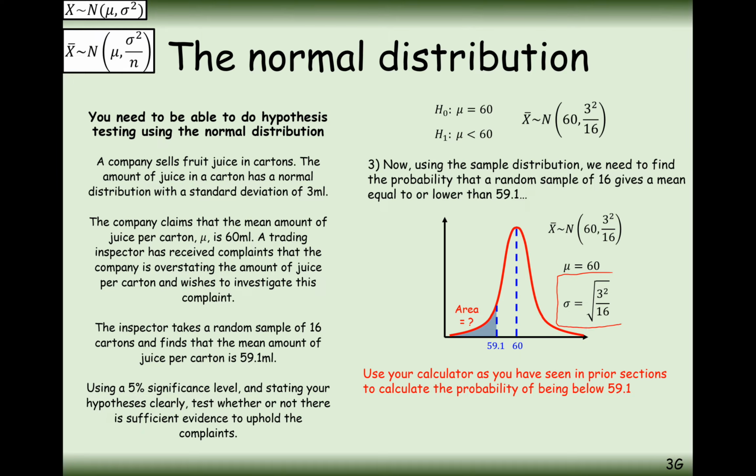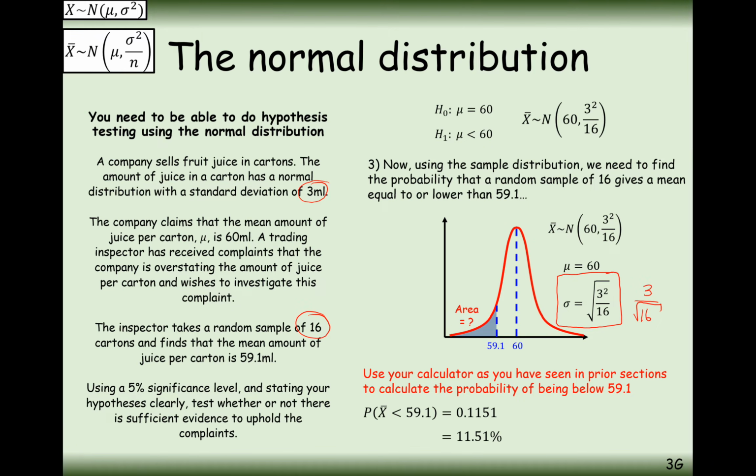Bear in mind here, this is the key part of this question. This is always the bit that people forget about and accidentally go wrong on. Your standard deviation is now going to be 3 divided by the square root of 16. So it's the original standard deviation, but then you divide it by the square root of your sample size. Now when we plug this into the calculator, the probability that the mean is less than 59.1 is equal to